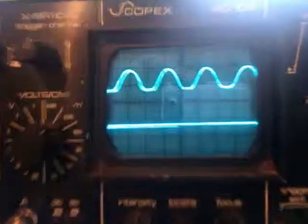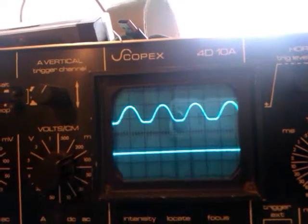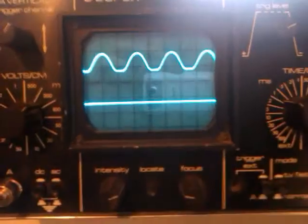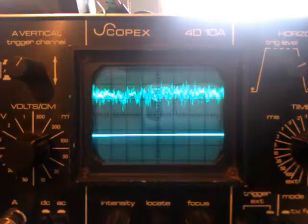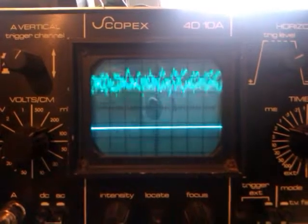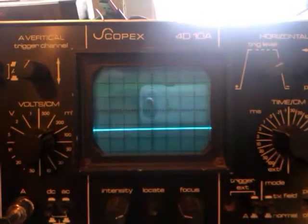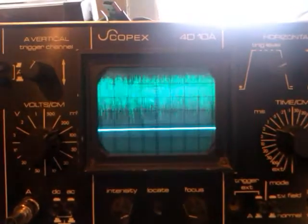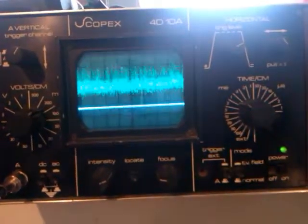Everything's warm, and I've got the signal generator connected, and look at that. We're tuned to the signal generator, and we're getting a lovely trace on the oscilloscope. And if I move it off the signal generator as I'm simulating changing the station, there we go. Got a lot of noise on there now. And if I tune up and down, I'll probably even find a station. We've got plenty of... There we go. Let's go back to where...